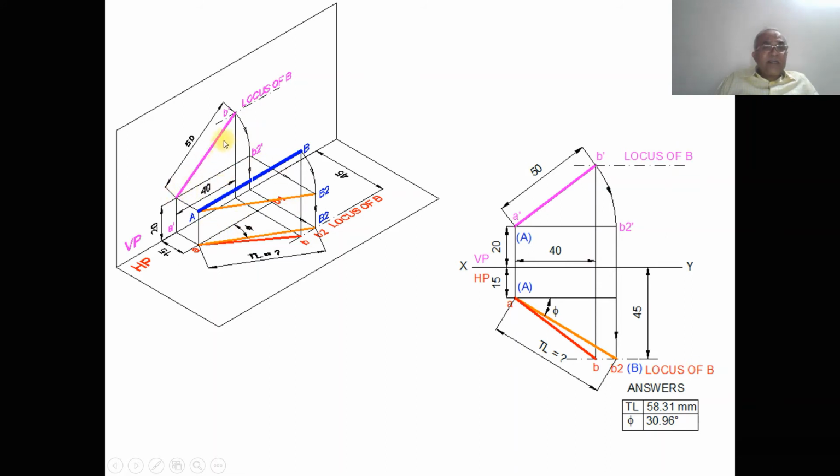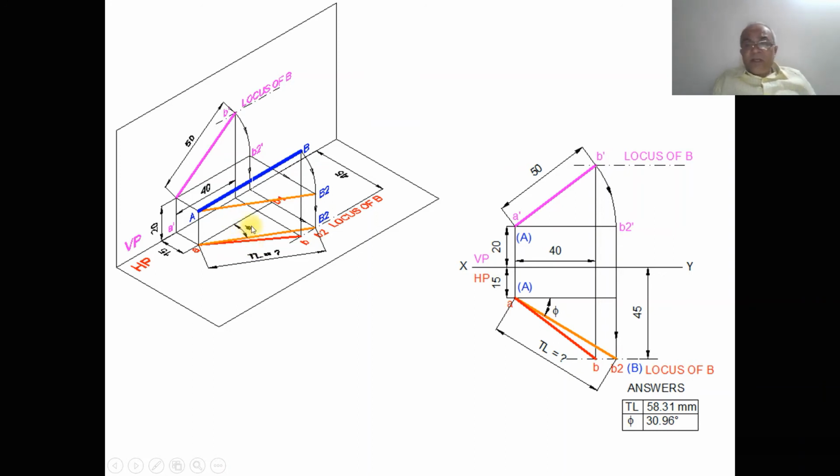With A dash as center, taking the radius of A dash B dash, you rotate it such that both B2 dash and A dash are parallel to HP. Since it is parallel to HP, you can see this is the line which is parallel to HP. Obviously, we will be able to find the true length in HP. When you look from the top view, A is projected to small a, and B2 is projected to small b2. As we know this length is parallel to HP, you get this as capital A and this as capital B2. Then join A and B2 a little bit thicker than the XY line.